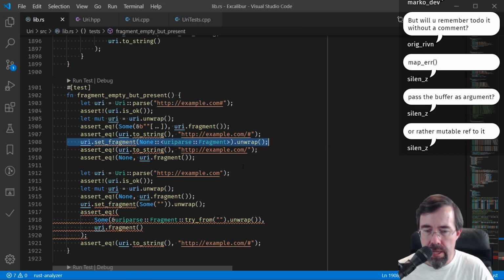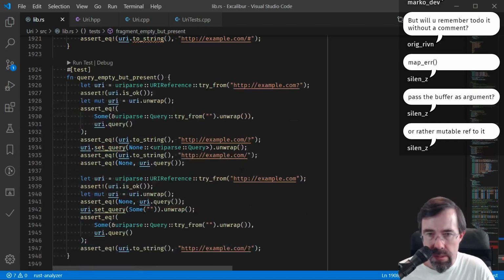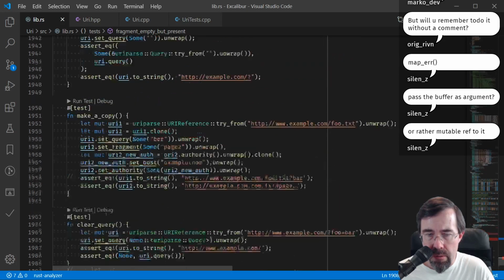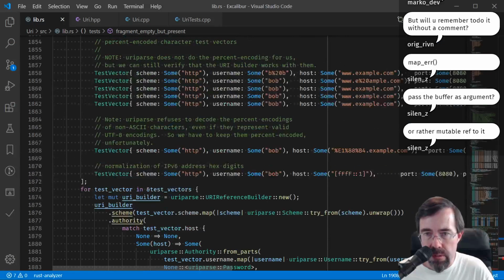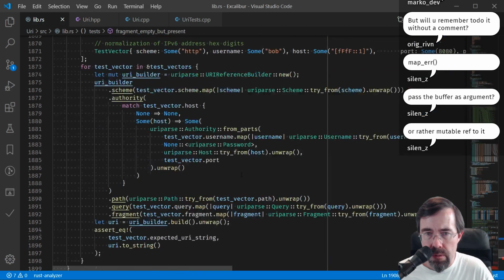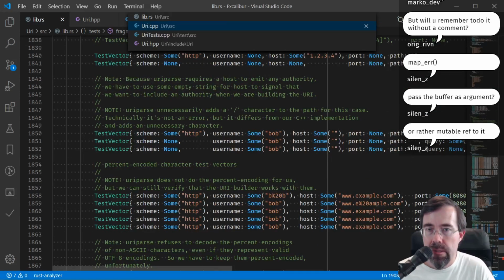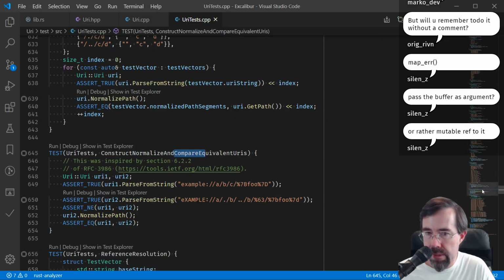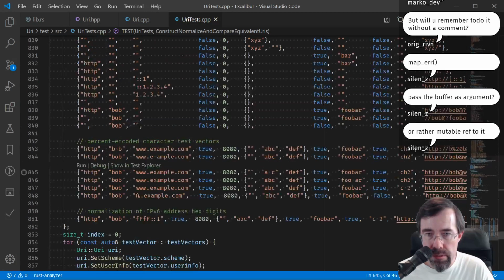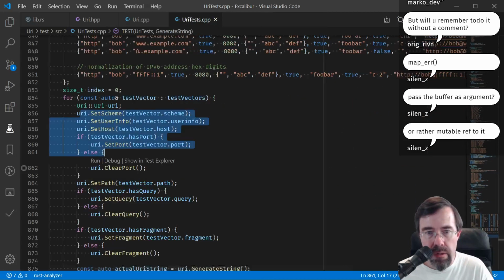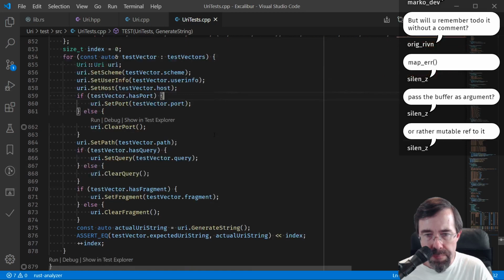And the setters, I haven't done any of that yet. How often do we use setters? I did in the original C++ code. That's heavily modified to work with URI parse, so I need to go back and look at the original here. Oh yeah, this is using all the setters. Okay. So then,